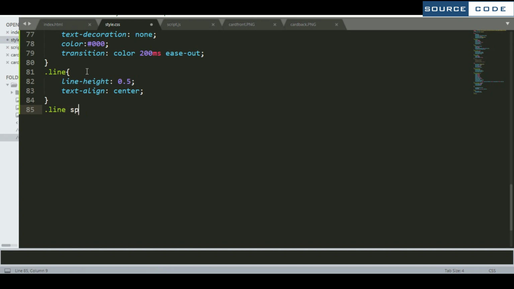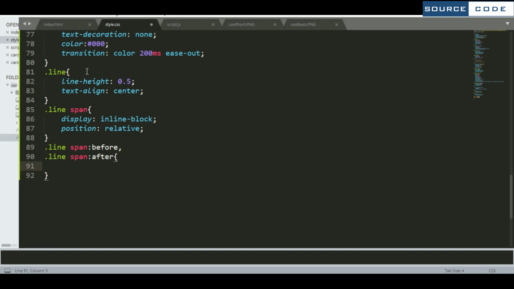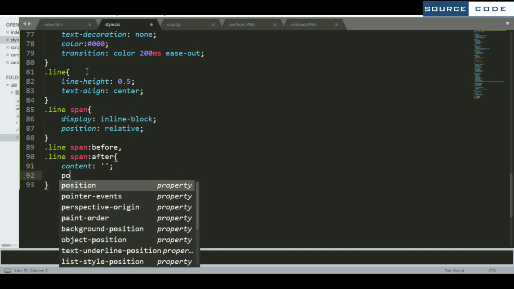Now we will set the dimension and design for span. So set the display as inline block and make the position to relative. So now we are going to use pseudo element. So make the content to null. Make the position to absolute.